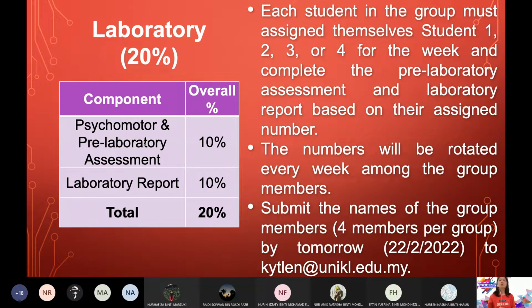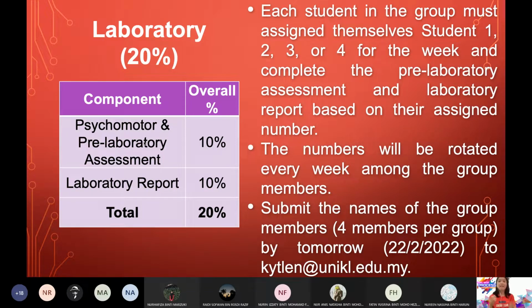Okay, right. So lab, for lab also kamu kena bagi nama kepada saya. Kalau boleh, samakanlah mini project dengan lab members dia. Tapi katakanlah kamu ni mini project nak dengan member lain, lab report dengan member lain, it's up to you. But email to me clearly, is this grouping for lab or mini project or for both? Okay, saya tak wajibkan kena sama, saya tak wajibkan kena berbeza. It's really up to you.